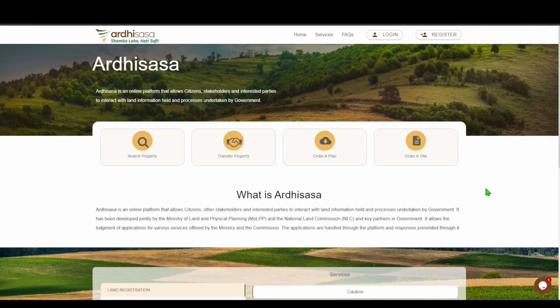Ladies and gentlemen, welcome to the tutorial for the verification process on ArdhiSasa. This is a new feature which enables users to verify converted parcels as well as verifying output documents that have been issued via ArdhiSasa. For starters, you will open your browser of choice and type